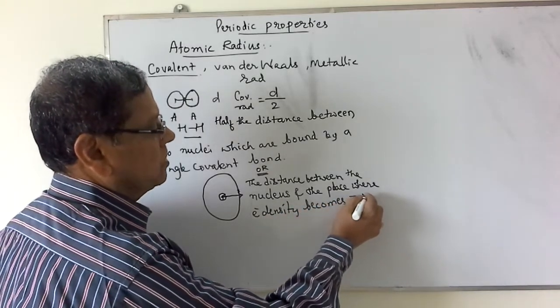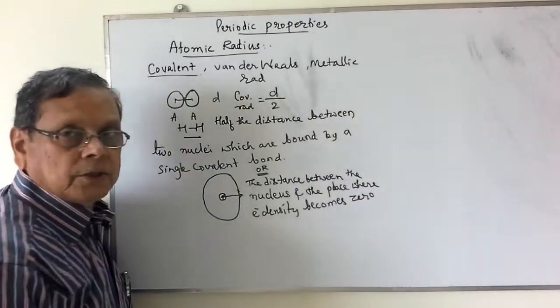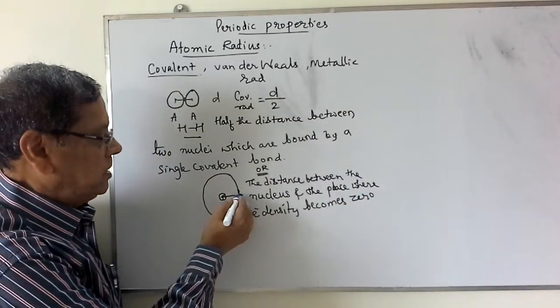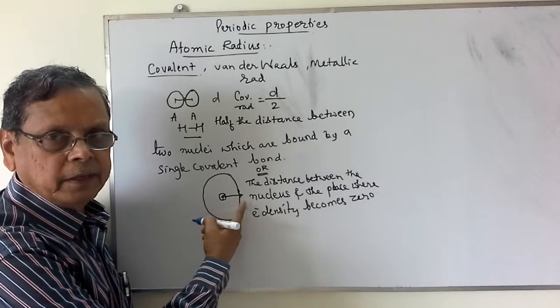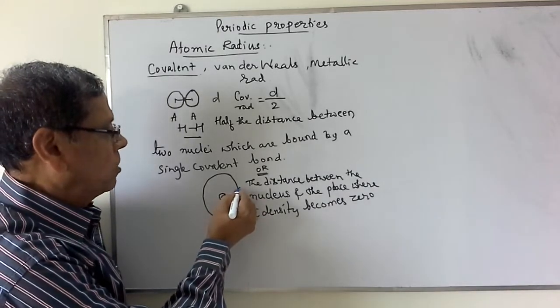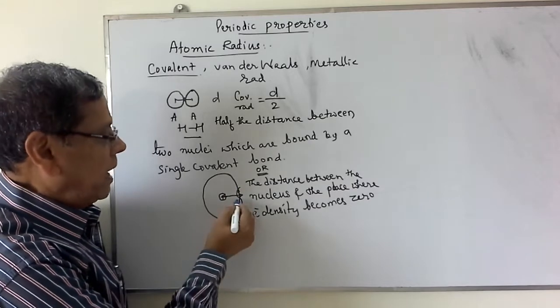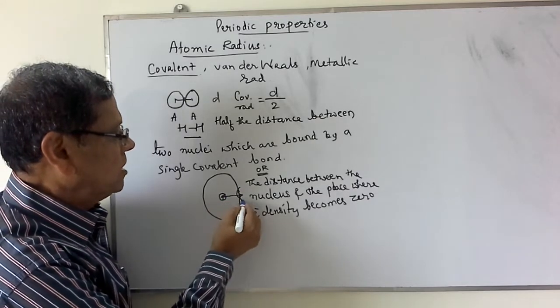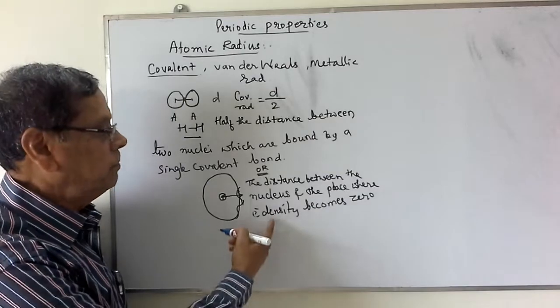Earlier we used to consider the definition as where electron density is going to be maximum. But actually according to wave character, the distance between the nucleus and the place where the electron density becomes 0